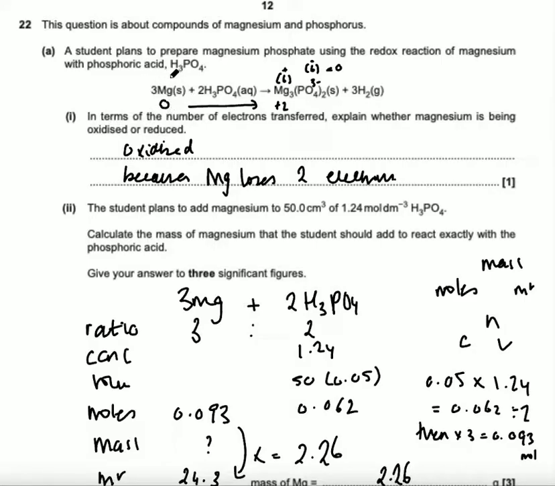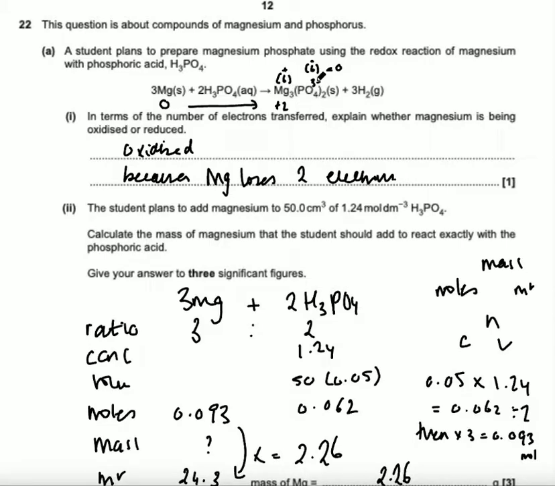So we go over here, oxygen is an element on its own, so it's going to be 0. And the next time we see magnesium, it is an element on its own, so it's going to be 0. And the next time we see magnesium, the product is over here, and this is the molecule it has made, and we know magnesium is in group 2, and therefore it will have a charge of +2. If you didn't know that, we know that